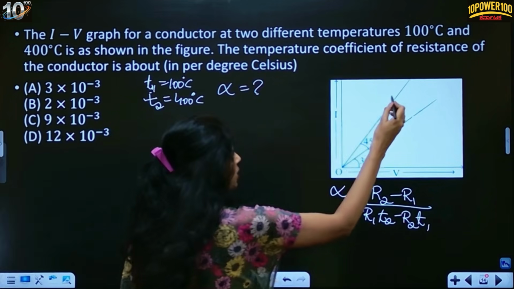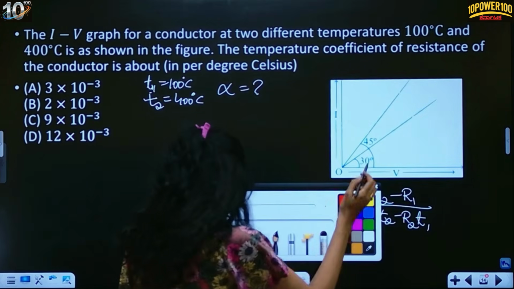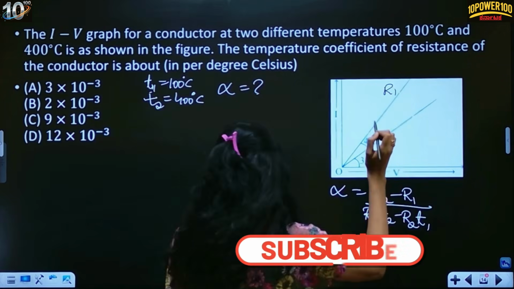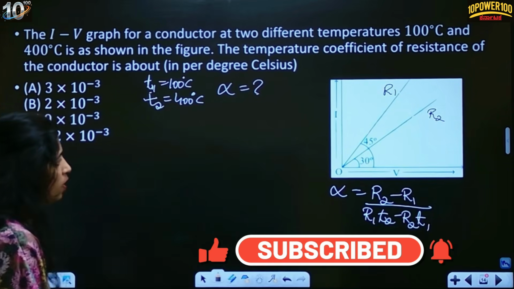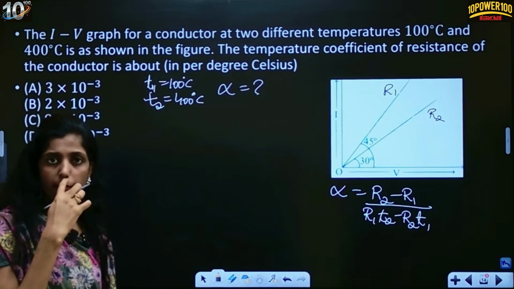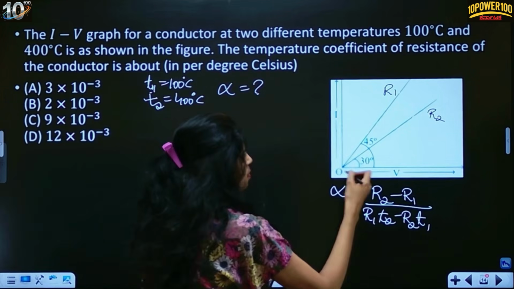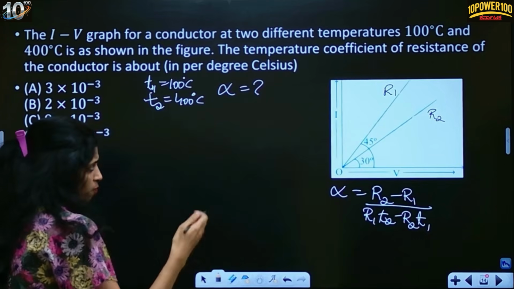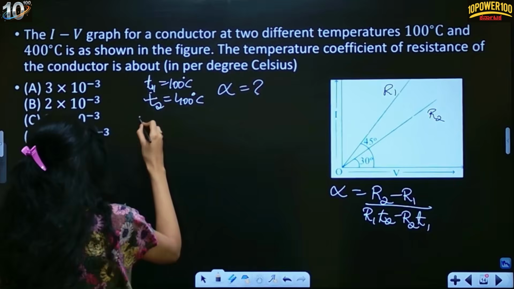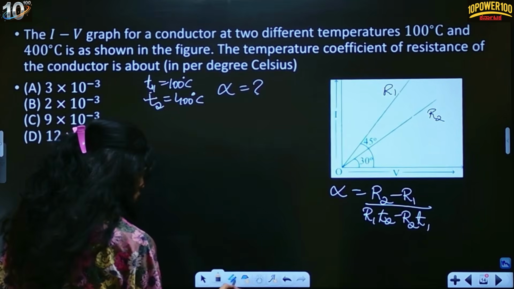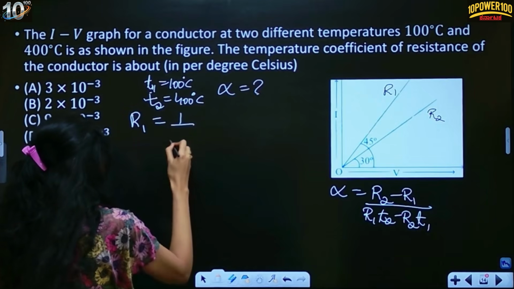So you can see here, let me take this as R1 and this as R2, guys. Now we all know the slope of the graph is nothing but tan theta, right? So here I by V is nothing but 1 by R1, right? V by I is R1 and I by V is 1 by R1. So here resistance is inversely proportional to slope. So resistance is inversely proportional to slope.